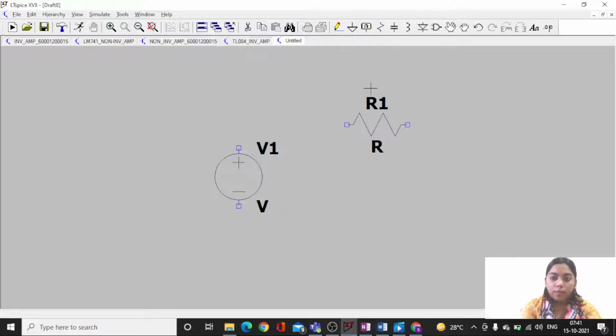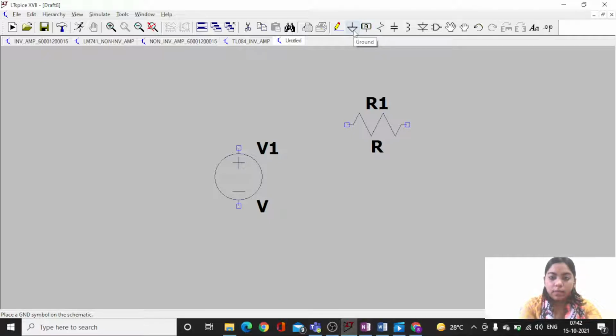Then one of the most interesting symbols, which is the label net. For example, if I want to print my output waveforms at the console, I require V in and V out. So this label net is very helpful while marking or placing my probes on the circuit. So that's all about the label net.